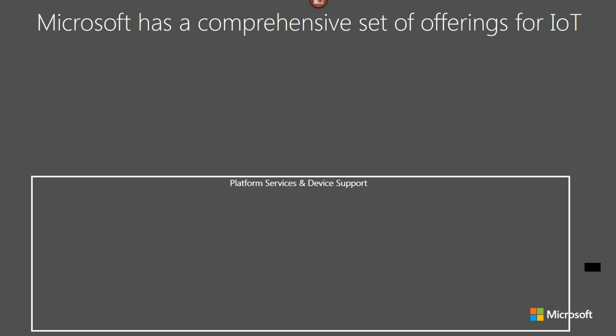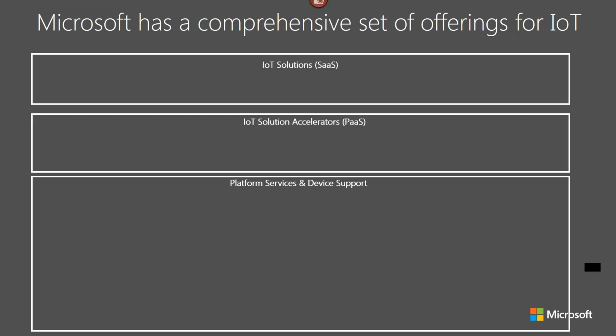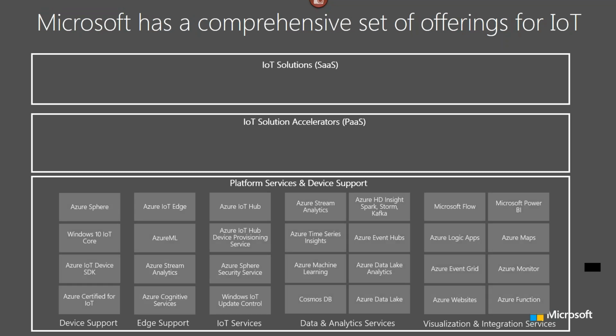This is a list of all of the platform services, various solutions you can get from Azure. If you think of all of these boxes in these things, insights, and actions buckets, it's easy to understand exactly where various parts of the Azure services fit, whether they're IoT specific or IoT general services like Power BI. For example, here on the bottom side, you see a list of various platform services, everything from Azure Sphere, which is a silicon solution, to IoT Edge, which is the solution we're talking about today, and there's really more of a service.